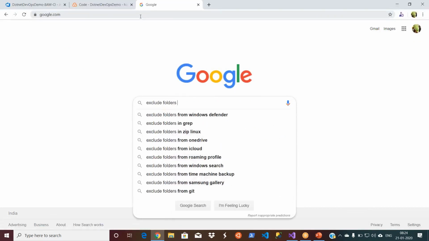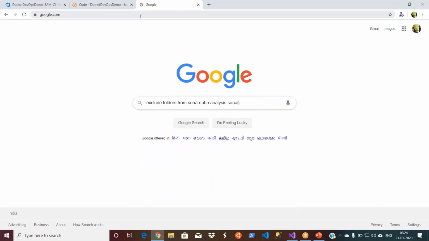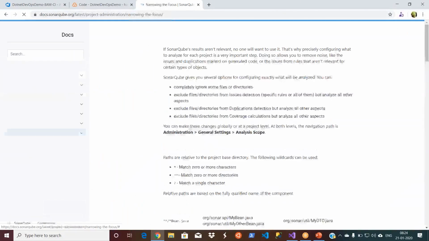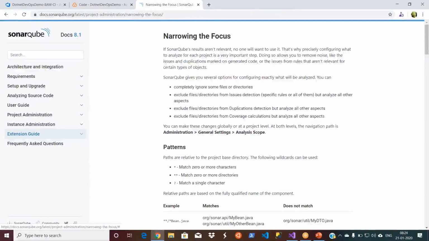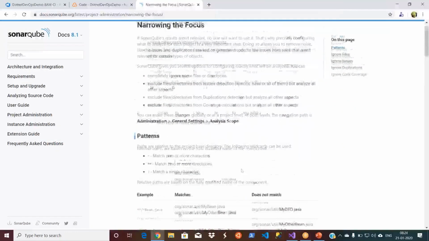I'm just giving it because I know it, and I'm just showing you. I don't want to go to multiple places. Let's go directly to SonarQube itself, because these are not new things. They have been there for years and years. You can go directly to the documentation and use it.